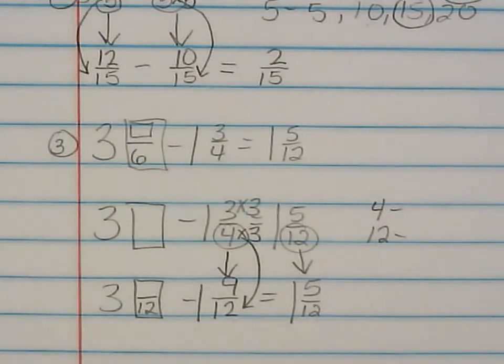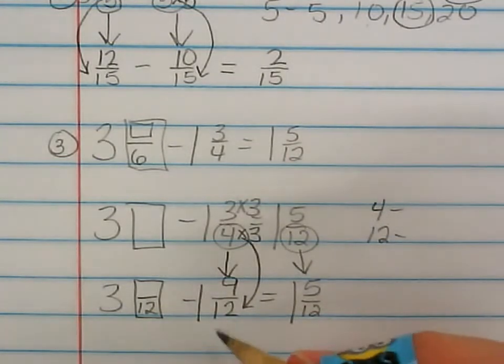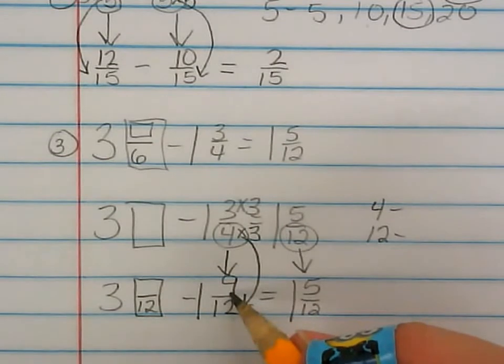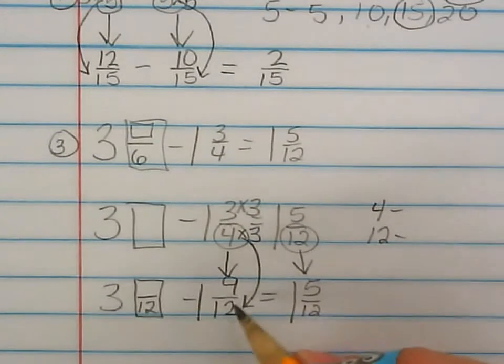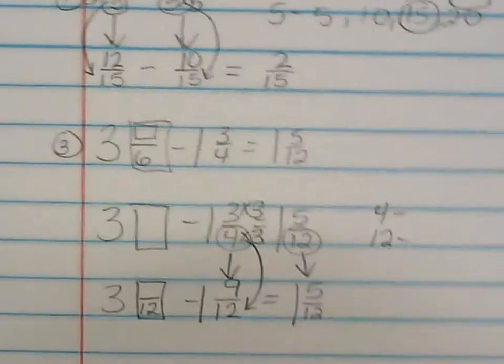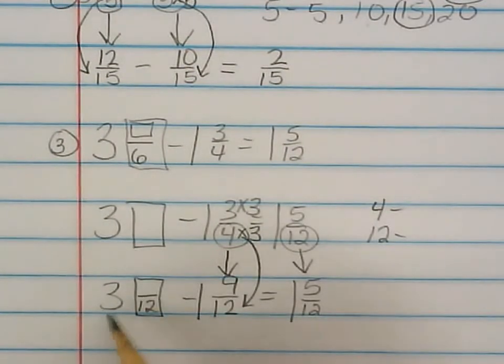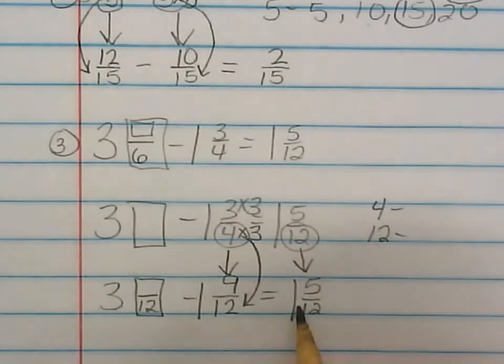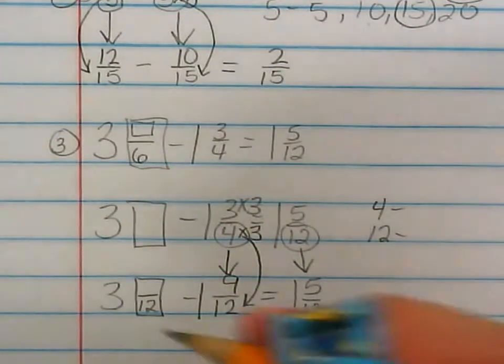So I think in this case I might go ahead and do that, but if I did not want to do that, the other thing I could do is I could say, well, I know this is 9, and something minus 9 to give me 5. Not really sure yet, but I do know if I look at these whole numbers, 3 minus 1 does not equal 1, so I know that that can't be it,